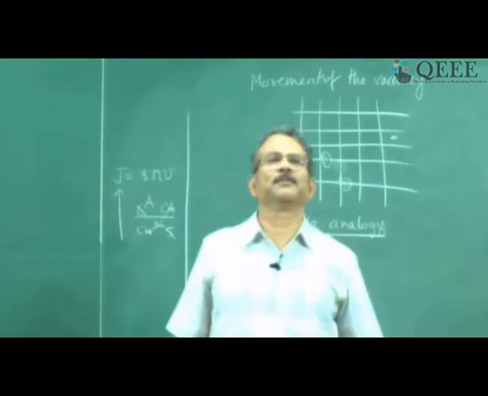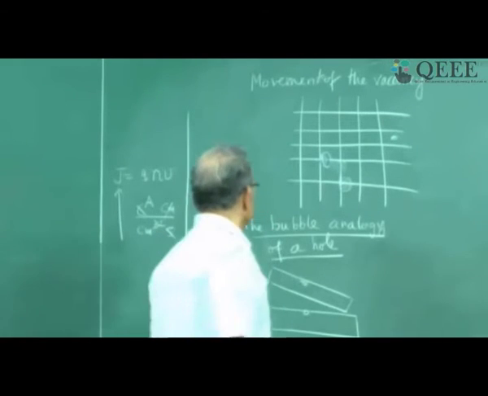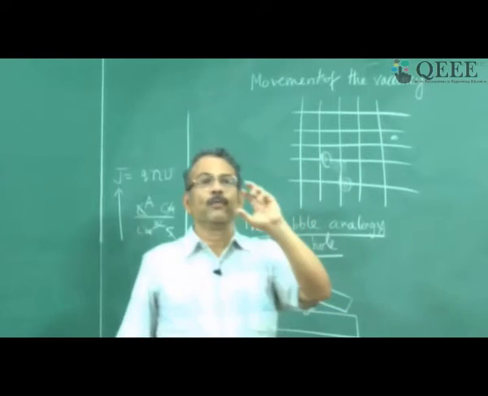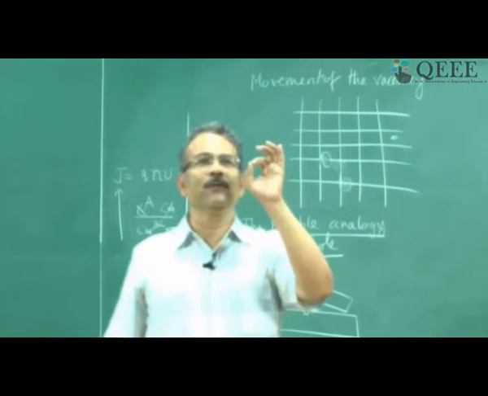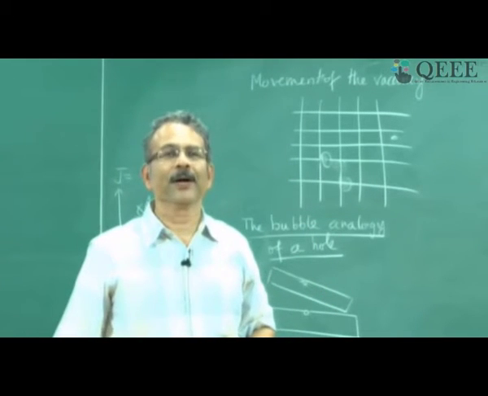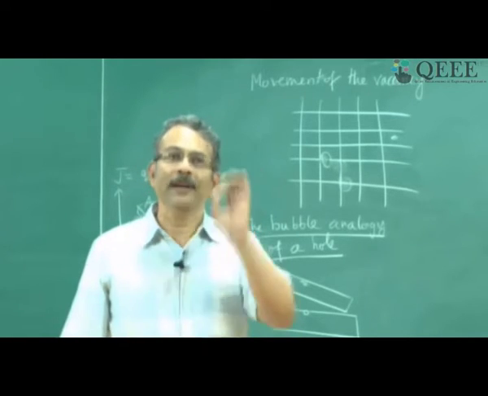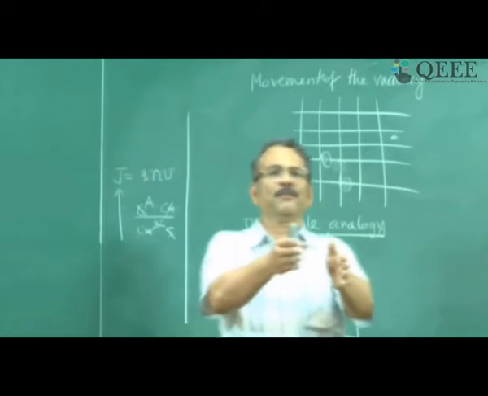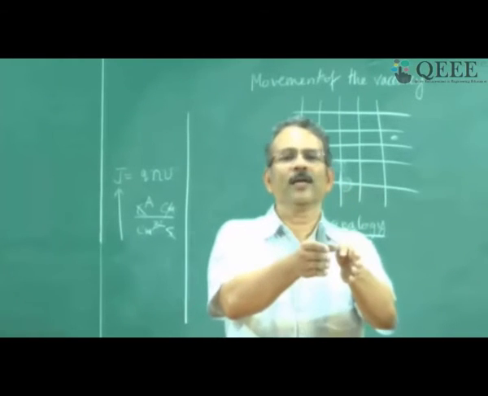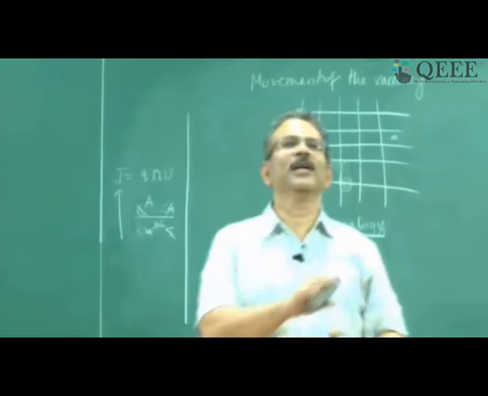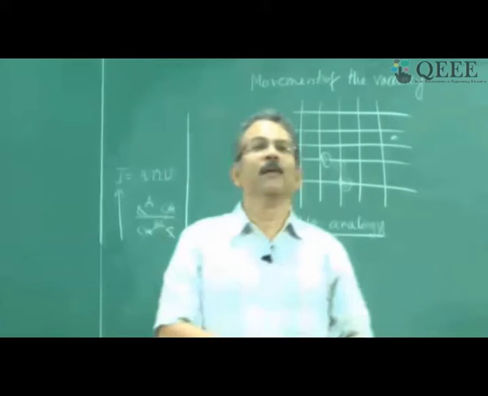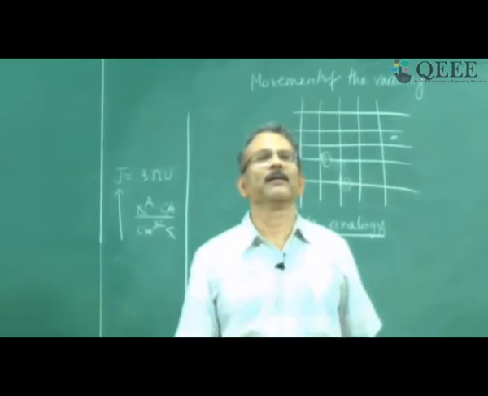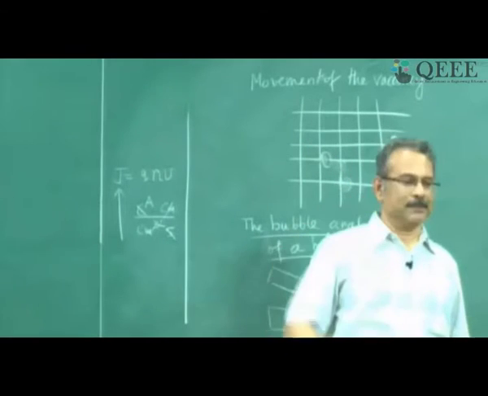Energy is not required for this purpose. For an electron to slip into the vacancy, you don't need energy. For an electron to become free, you need 1.1 electron volts. But for an electron to slip into a vacancy, you don't need any energy. It is somewhat like a student shifting from his or her own seat to a nearby seat which is vacant. You don't need much energy for it. It is a lateral shift. But if you want to go out or run around, then you have to become free, right? Then you need more energy.